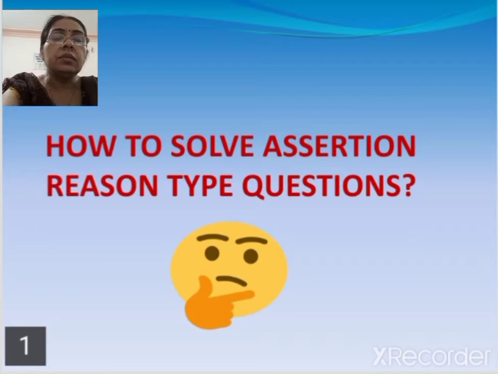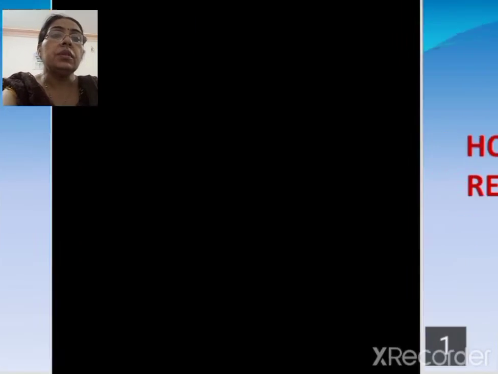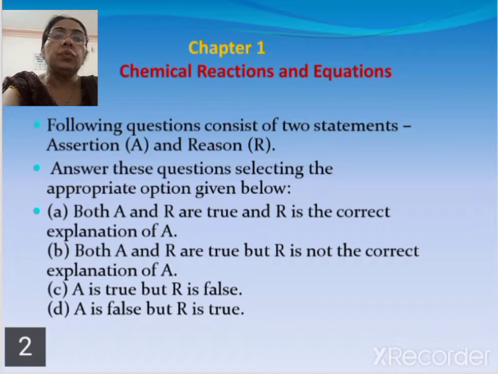Hello students, today we will learn how to solve assertion reason type of questions. These questions consist of two parts, assertion and reason, and we will have to choose the correct option. If assertion and reason both are true and reason is the correct explanation of A, then we will choose option